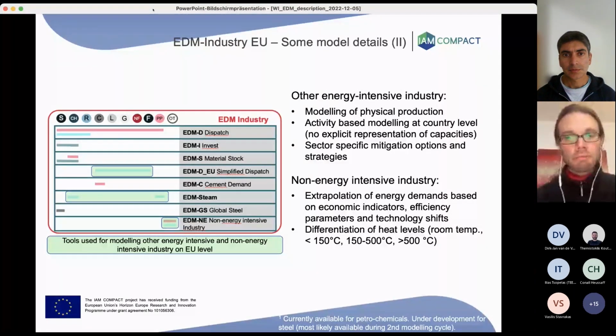Then we have different sector-specific mitigation options and strategies that can be applied here. For the non-energy-intensive industry, we do it non-physically, with an economics-based extrapolation of the energy demands, applying things like efficiency parameters and technology shifts.